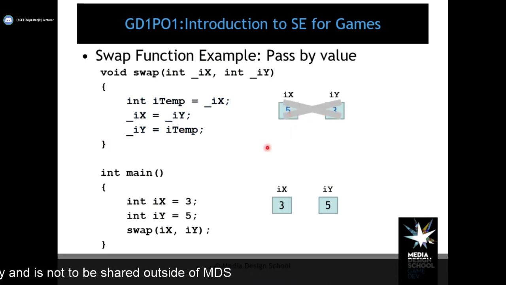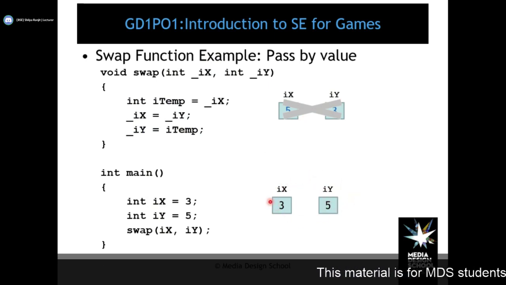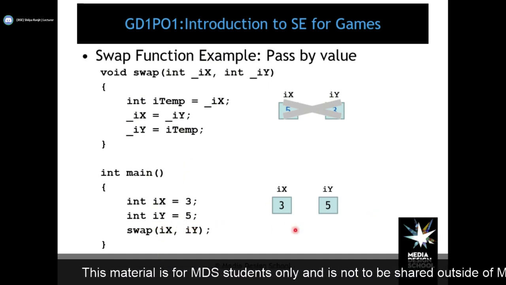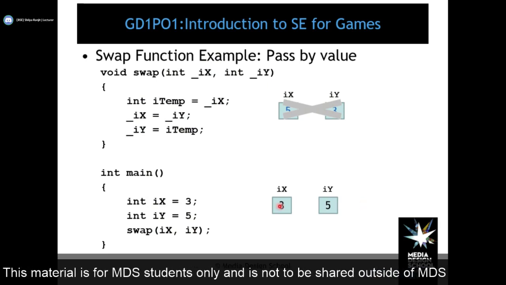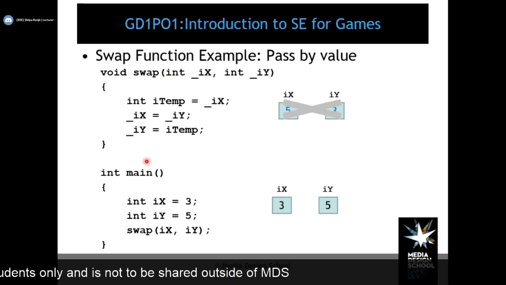Values get destroyed, or these memory locations get destroyed. All right. So do you see any change in the original ix and iy? No. Assume that calling the swap function using these values would swap the two values, then you're wrong there because the values remain. You could try to return something from the function, but remember you can only return one value